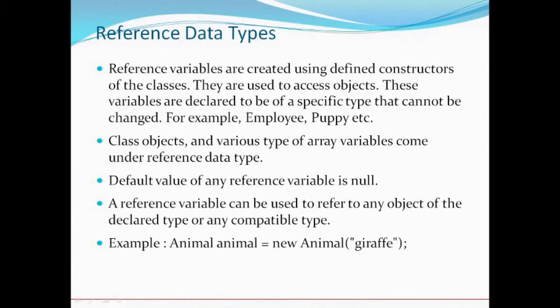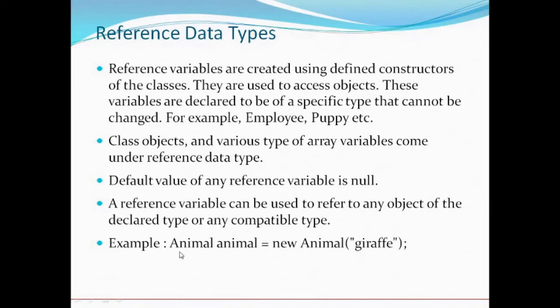Like suppose in this example, animal is equal to new animal. First of all, you should look at that the A in animal is capital, and the object is animal, so capital A Animal is the class, and animal is the object of the Animal class. So new Animal. If you are not familiar with C++, and you have only gone through C, then this might be daunting for you, because this is not a type of declaration or definition of a variable which is used in the C language. Here animal is equal to new Animal, giraffe.